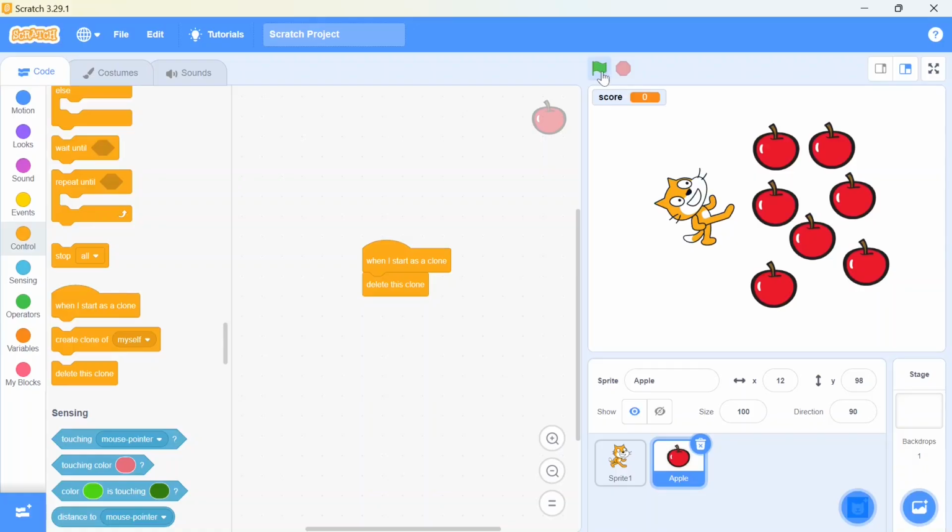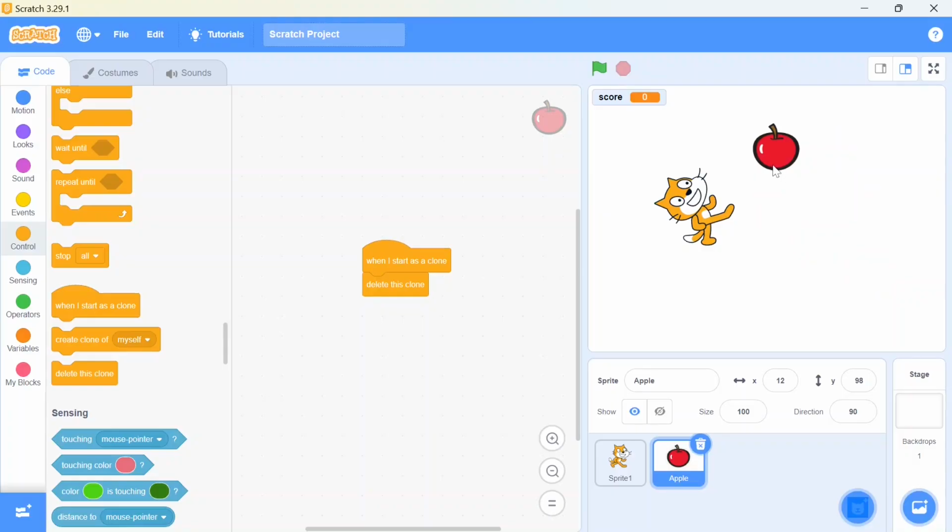Just go through that and you can see all the clones are deleted now. So these blocks work especially when you want to create multiple clones of your sprite, or delete them as the demand of your script, and you set it with when I start as a clone, and this action should be done.